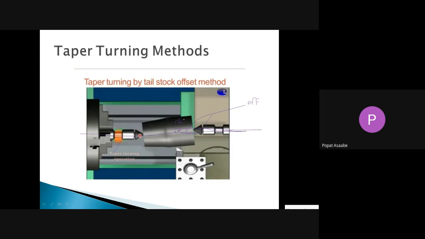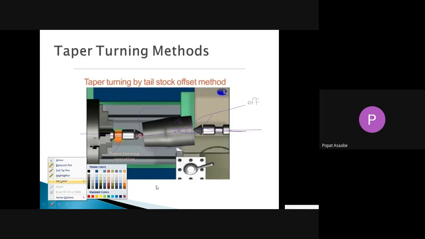Okay, now after giving the offset to that dead center, then we have to hold your workpiece in between that live center and dead center, and because of giving the offset, your workpiece will be located in inclined position in between that two centers. बरोबर आहे का? ऑफसेट दिल्यामुळे काय होणार आहे, तुमचा वर्कपीस आता इन्क्लाइन बसणार आहे. See whether it is looking inclined or not. Now see that workpiece is looking inclined or it is straight.